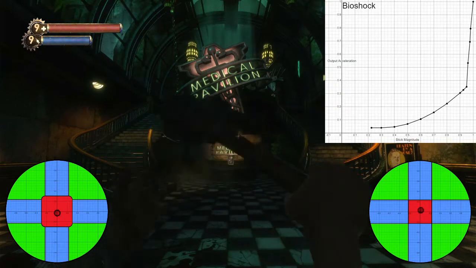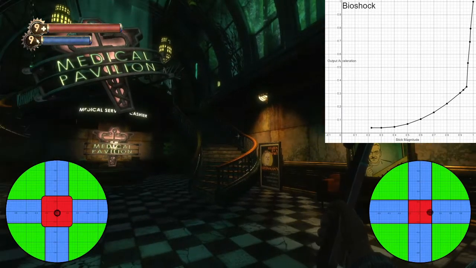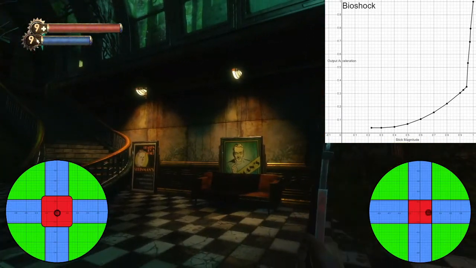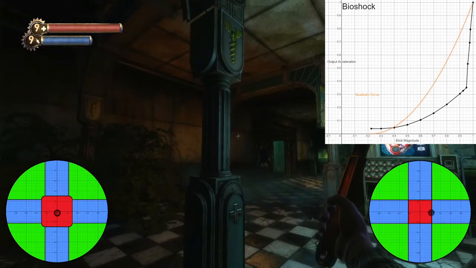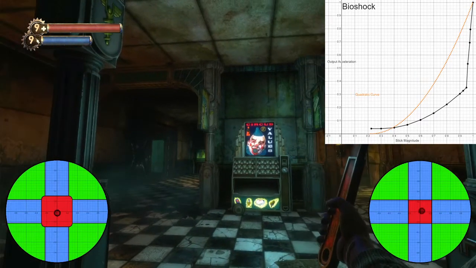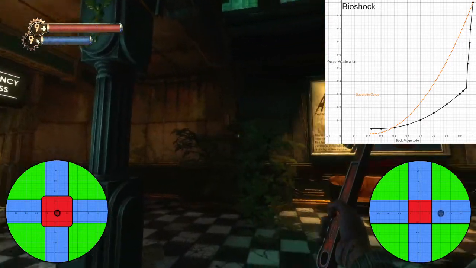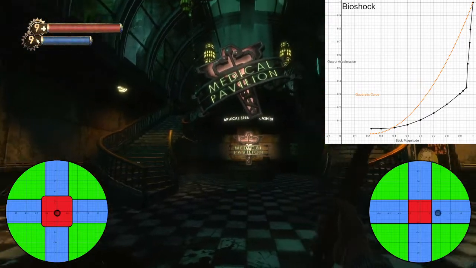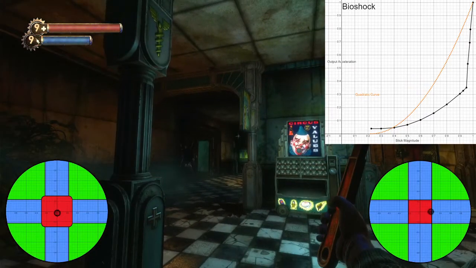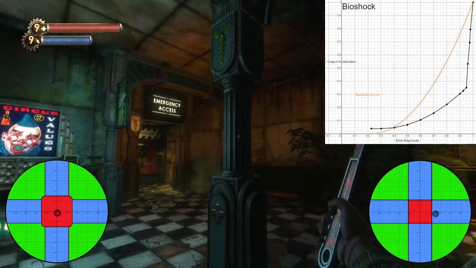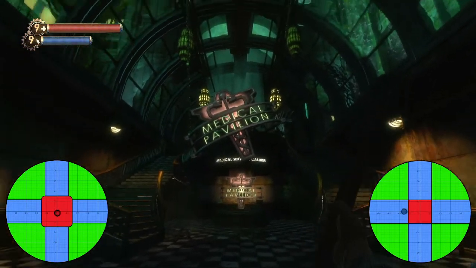As far as the acceleration curve, acceleration doesn't start at 0%. It actually starts at about 4%, and that doesn't sound like a lot. But if we compare it to, say, something like a quadratic curve, which is common in many games, with that kind of curve, if you move 10% past the dead zone, you get 1% of your total speed. So if you move the stick 10%, you get 1%, whereas here you move just beyond the dead zone and you get 4%. So that's a pretty big difference,